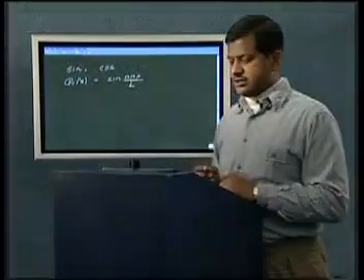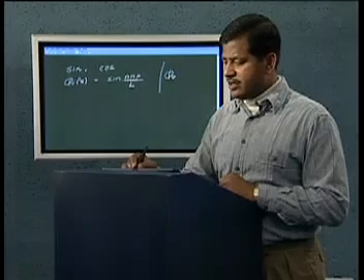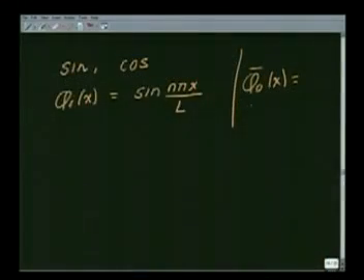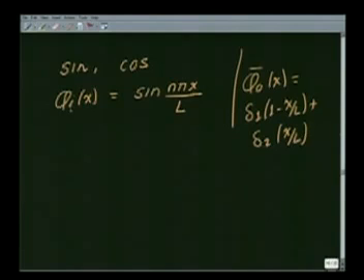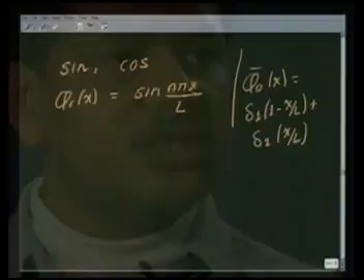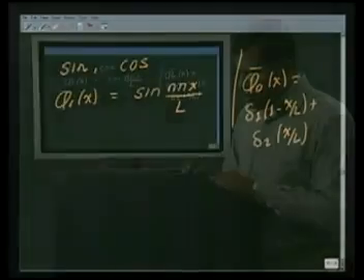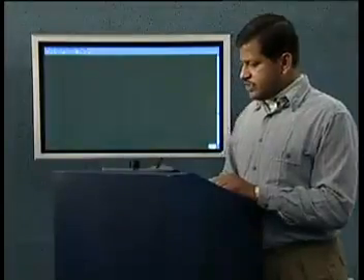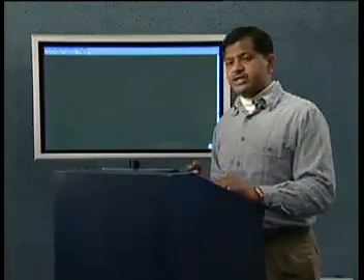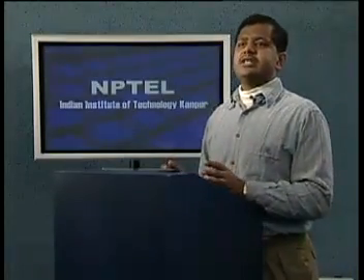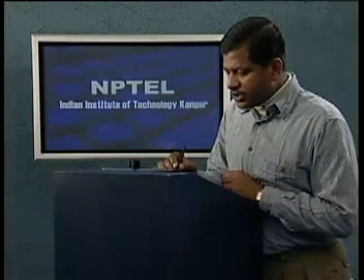Very easily we could have done this, though our phi 0 of x would have remained equal to delta 1 into 1 minus x by L plus delta 2 into x by L. But these phi i's for i equal to 1 to n, I could have chosen these, and in terms of these functions, which are trigonometric functions, we could have again obtained a series solution by following the same procedure. Let us now look at an example with which we will demonstrate how this Rayleigh-Ritz method is used and what is the solution that we will get.